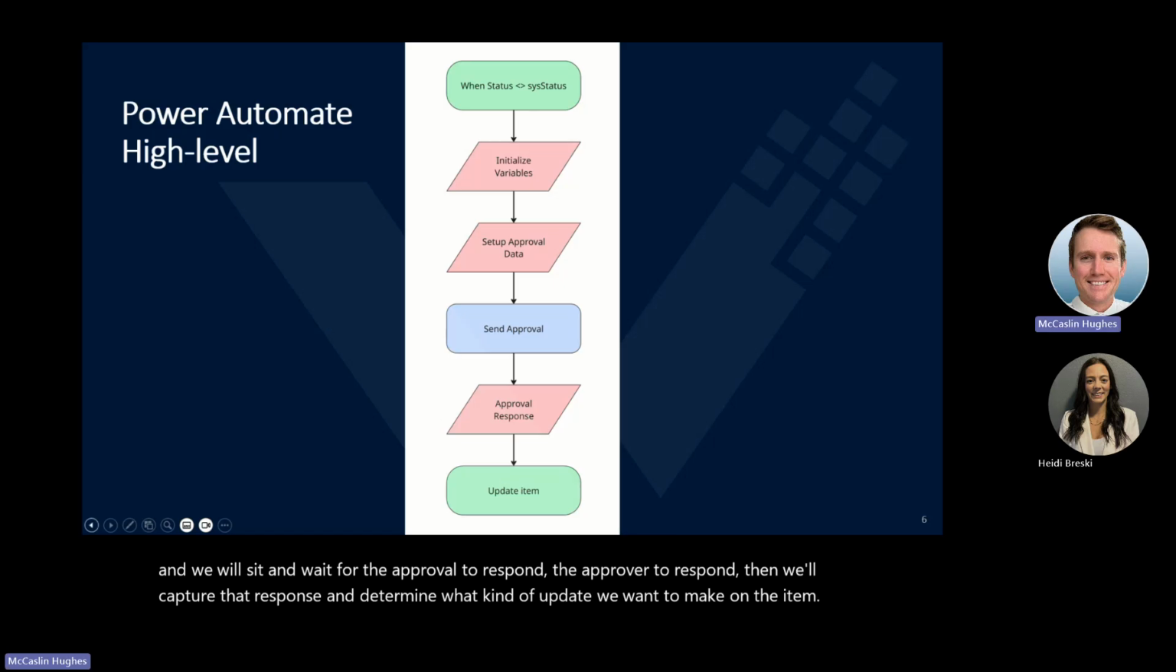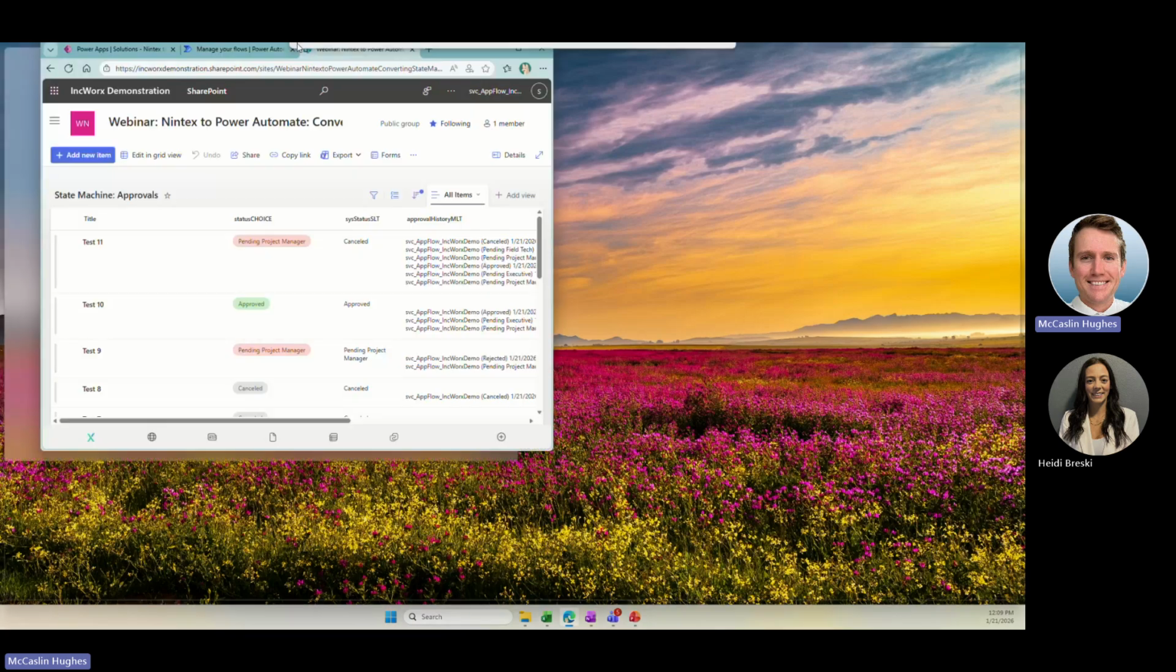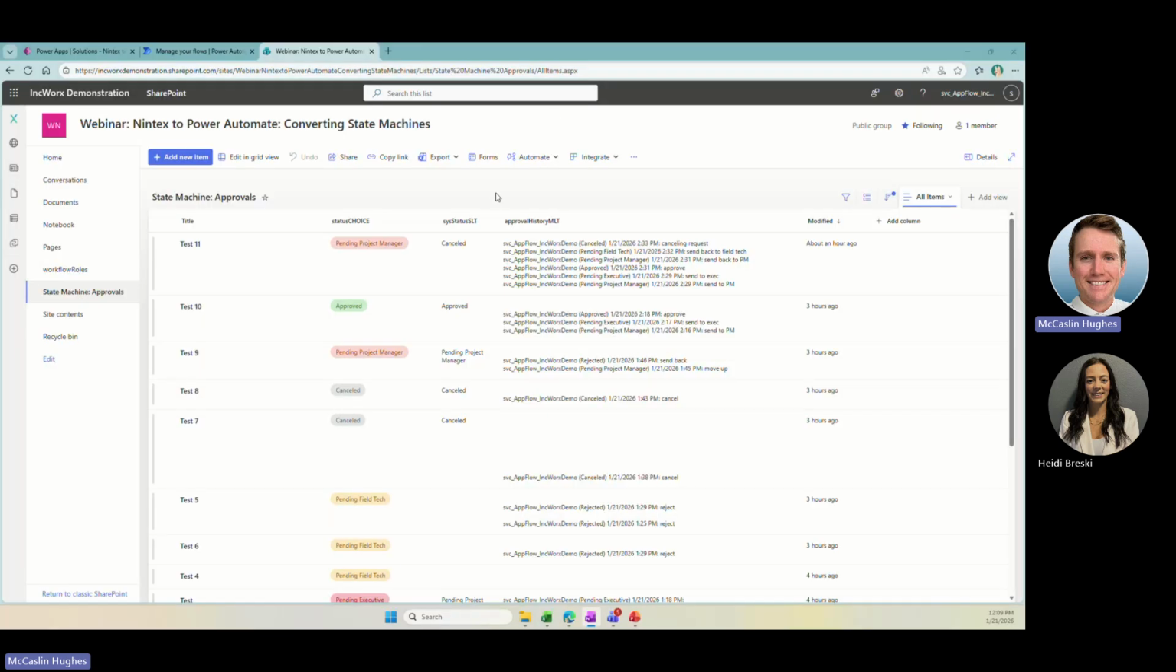So without further ado, I'm going to go ahead and get right over into our SharePoint. So let's take a look at the architecture of the system. And for this demo today, we have two SharePoint lists that we're going to be using. We have our primary list, which is our